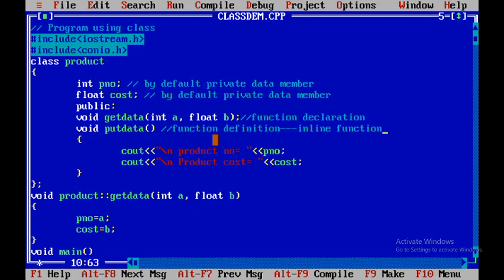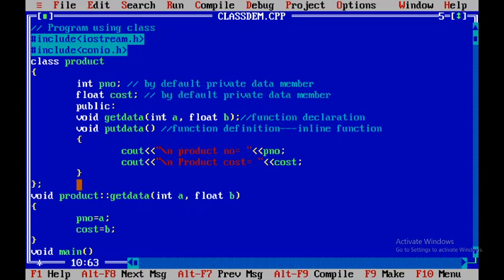As per the rule, it should be short, and the function code is very small. So in the putData function, I have written just a single statement: cout in double quotation \n product number equals to PNO, that is the value of PNO. Cout in double quotation \n product cost equals to, double quotation close, that is the value of cost, it will print over here. End of putData method, end of class ends with a semicolon.